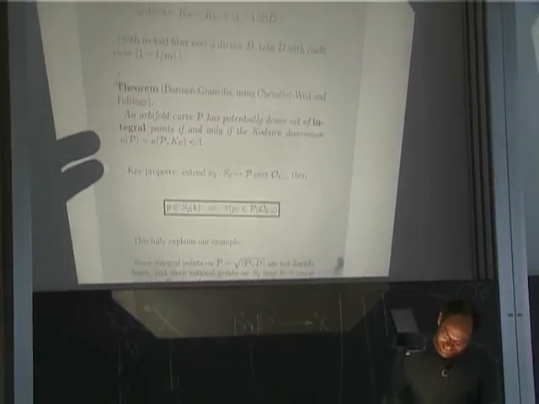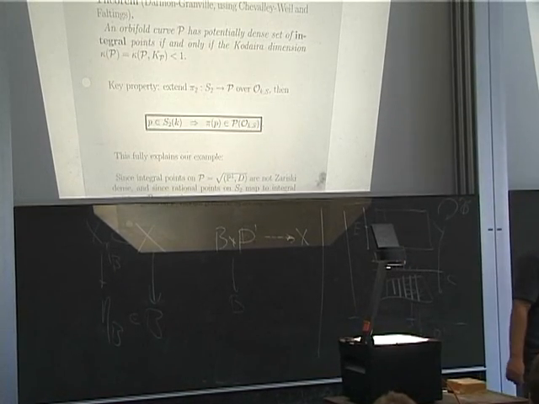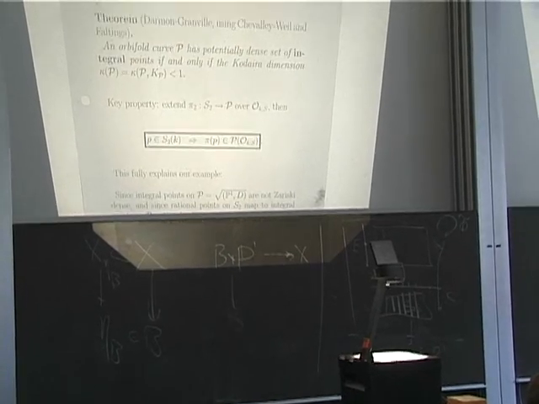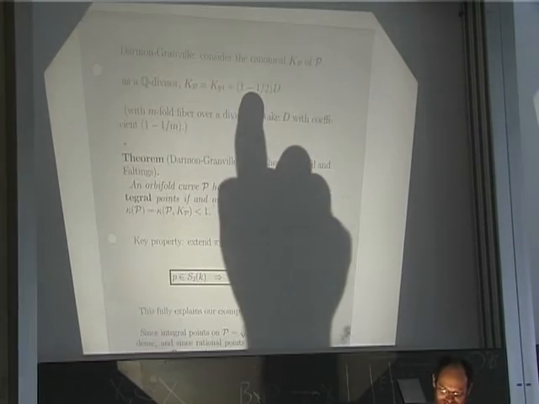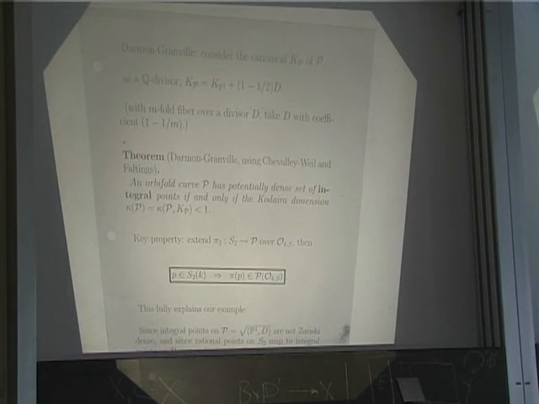Very explicit. But what you consider is the canonical sheaf of this orbifold. And the point is that the canonical sheaf of the orbifold is not just the canonical sheaf of P1, but you have to add 1/2 of this divisor D. The correct formula is 1 minus 1/2. But so